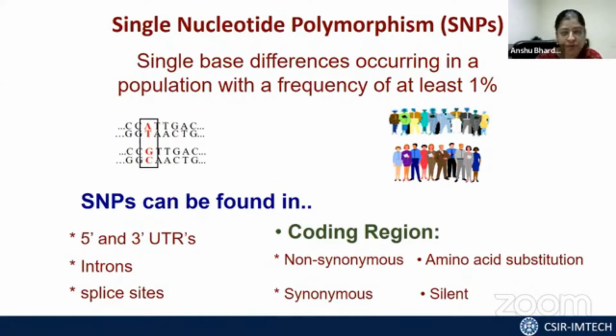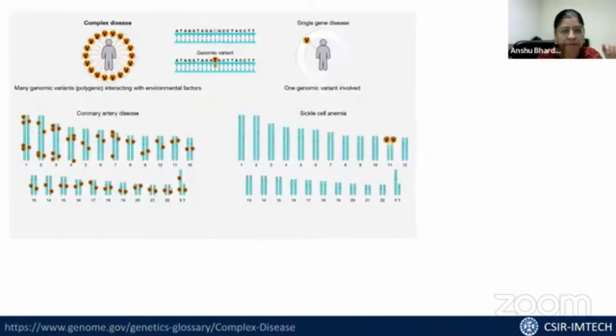Now, the question that you might ask is that you sequence an individual, sequence another individual. So one person has disease X, the other person does not have disease X. Just compare the sequence and you are good to go, right? You can now actually identify the differences and say this is what is causing the disease. It is not that simple, and that is what we are discussing today. Any complex disease is not happening because of a single genomic variant.